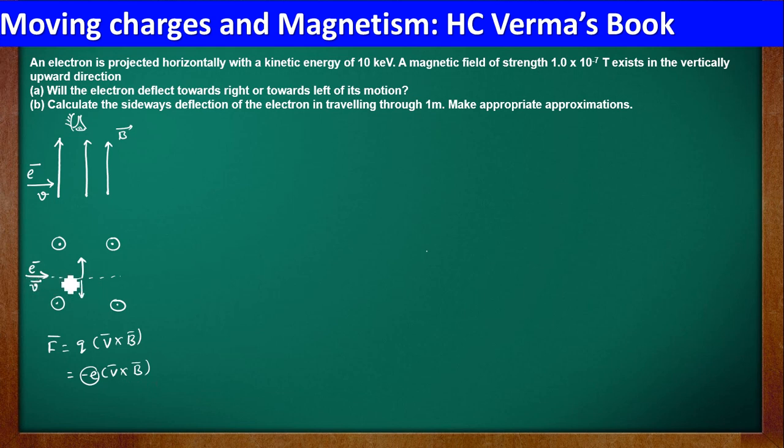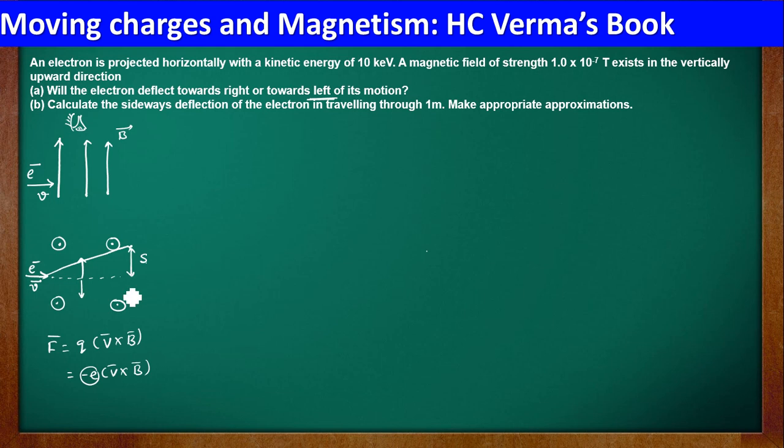When the electron is traveling in this direction, you have to assume yourself to be the electron. The electron is traveling in this direction, and the force acting on it will be towards the left of its motion. So this is correct. Okay, next. Since the magnetic field is driving this electron in this direction, there will be certain deflection in that direction, isn't it? It is supposed to go straight if this magnetic field is not there, but because of this magnetic field, it is deflecting a little bit. Let's find out what that is.